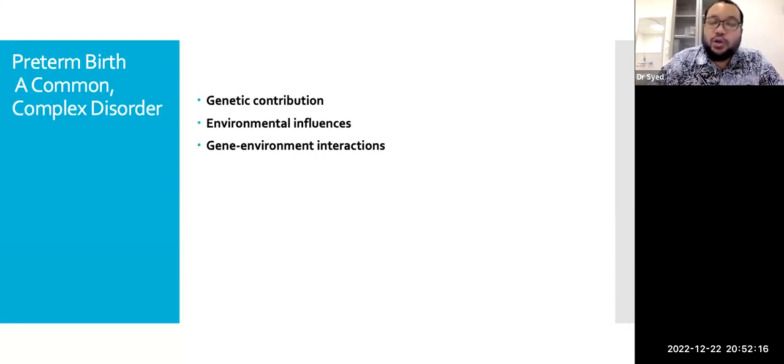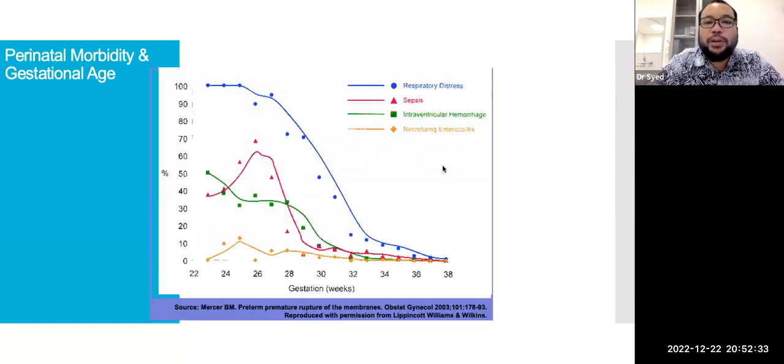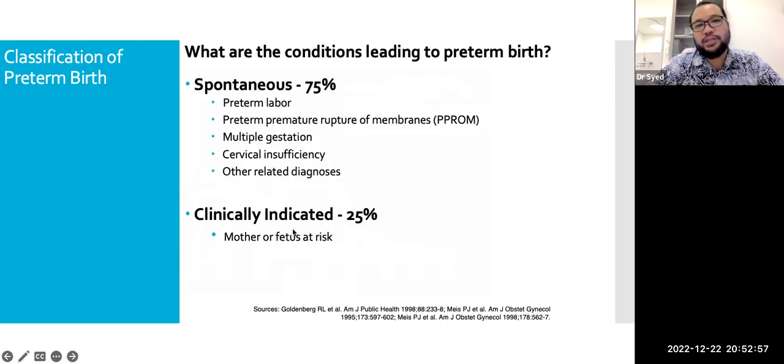So there's a lot of issues juga yang causes premature delivery, genetic, environmental, and so on and so forth. So prematurity is the number 1 cause of neonatal mortality in the United States, and is the second cause of infant mortality in the US. So the more premature the baby, the more problems. The more it is associated with morbidity and mortality. You see here, 38 weeks, less problem with respiratory problem, sepsis, IVH, NEC. The more premature the baby, the more problems it is.